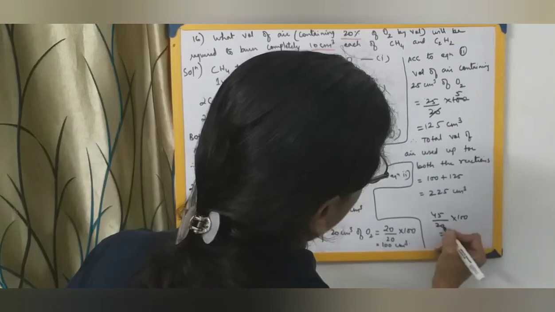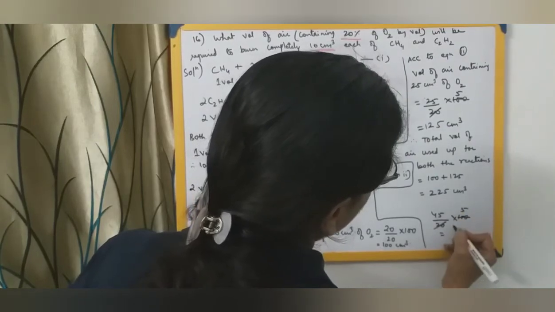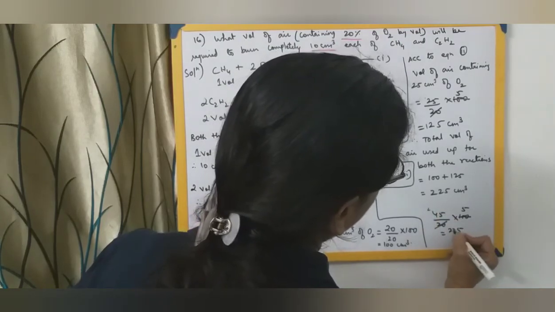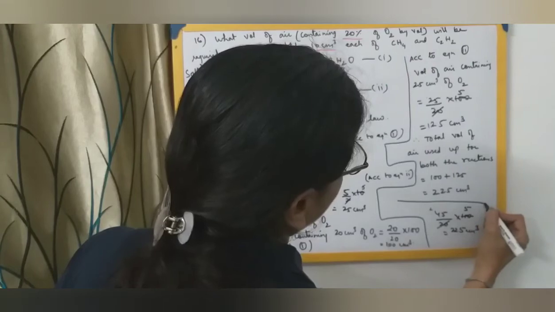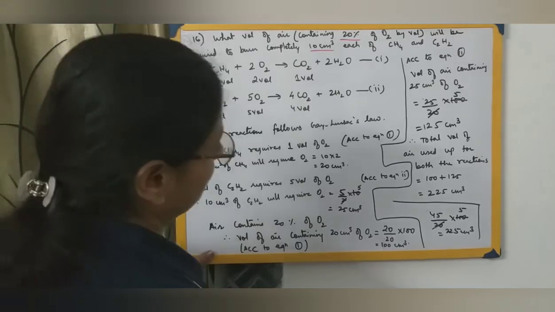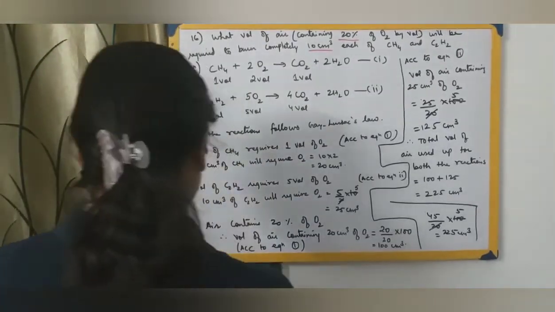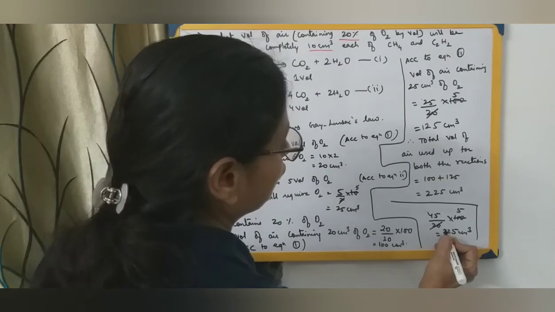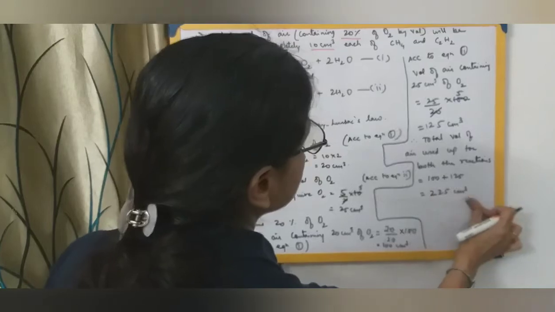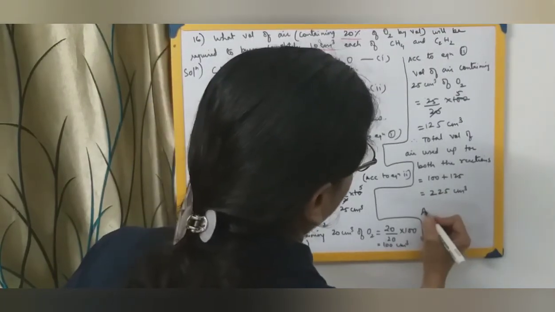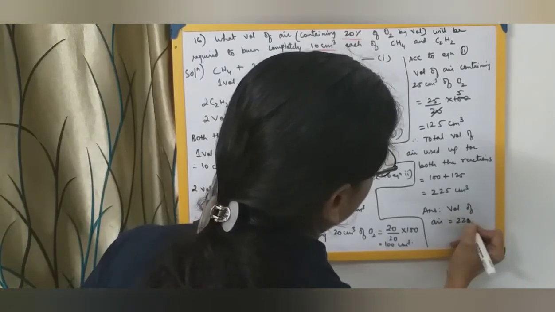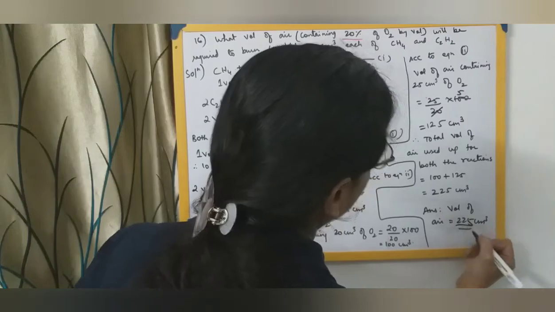You will be getting this as 20 ones are 20, 5s are, so that will be 5 5s are 25, 5 4s are 20, 225 cubic centimeter. Both the ways, you will be getting the same answer. Both the procedures are right. You can do it in any way. I don't have much space to solve it by that way, so I'm just leaving it, but it is for your information, you can do it. In the end you can write down the answer, that is volume of air is equals to 225 cubic centimeter. This is your required answer.